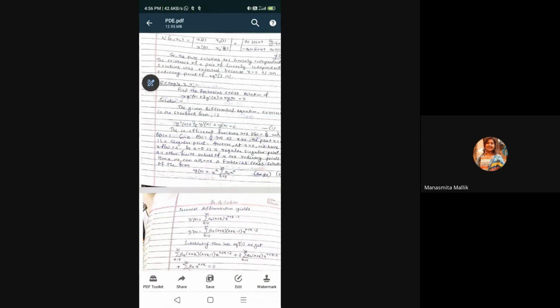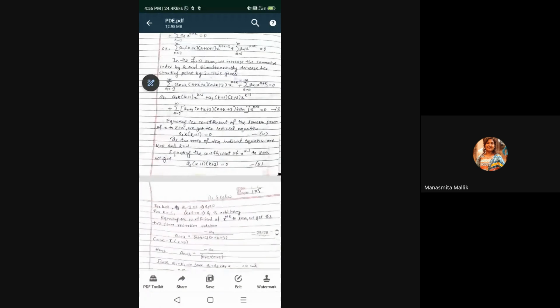दैट इज योर x dash. दैट इज x dash. x double dash क्या होगा, λ एक कांस्टेंट है, ठीक है। अब आप देखेंगे t to the power λ minus 1, व्हाट इज द डेरिवेटिव ऑफ t to the power λ minus 1, λ minus 1 t to the power λ minus 1 t to the power λ minus 2, ठीक है।